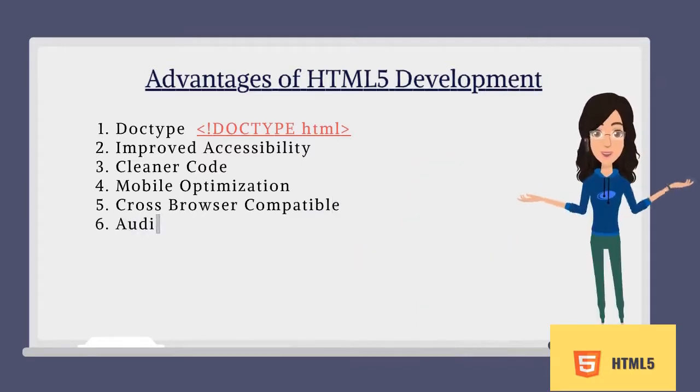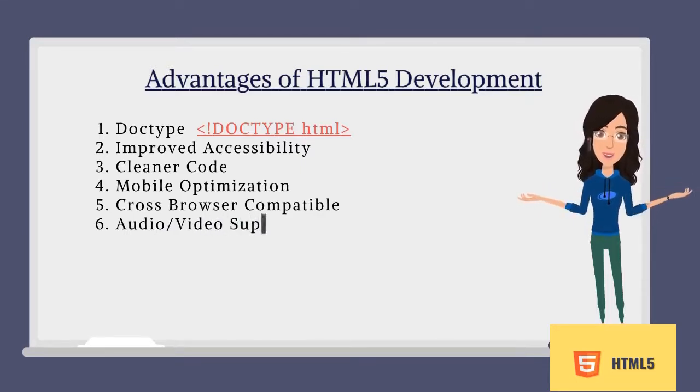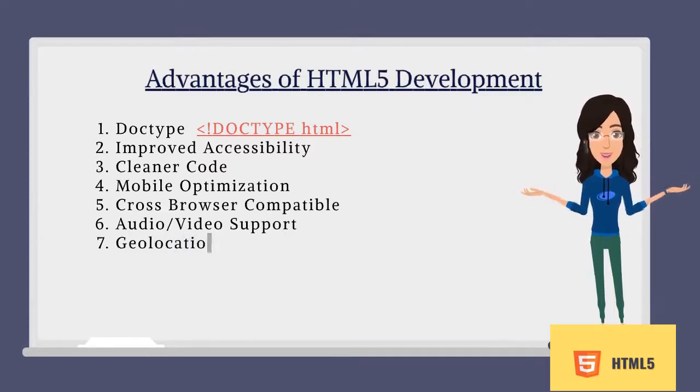And the third is cleaner code. HTML5 keeps the code clean. This is what every coding tutorial will tell you, that now you can keep the code clean with HTML5. This has been one of the major improvements in the new version of the markup language, as it also allows you to write descriptive and semantic code clearly. You will also be able to separate style from content without any special effort.